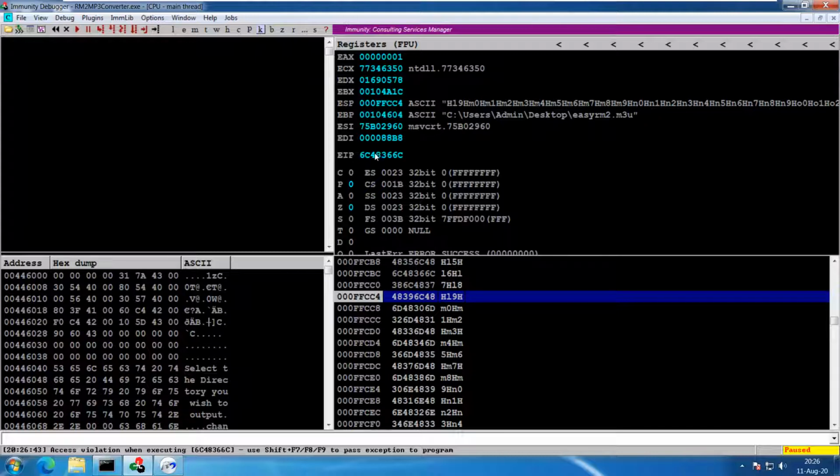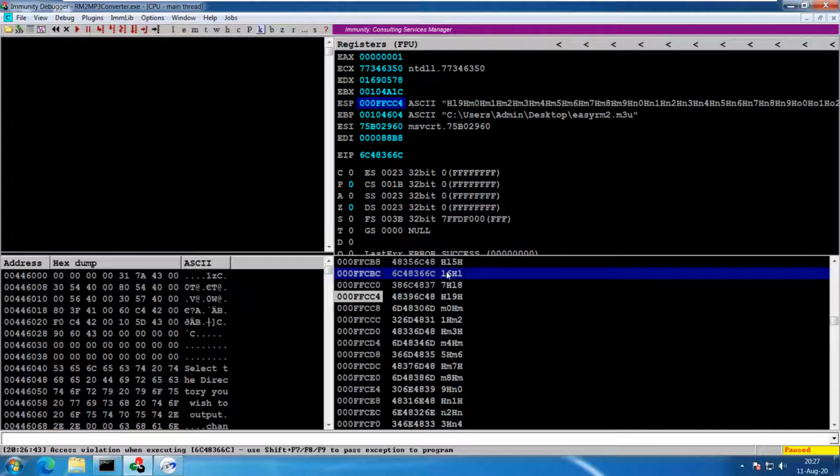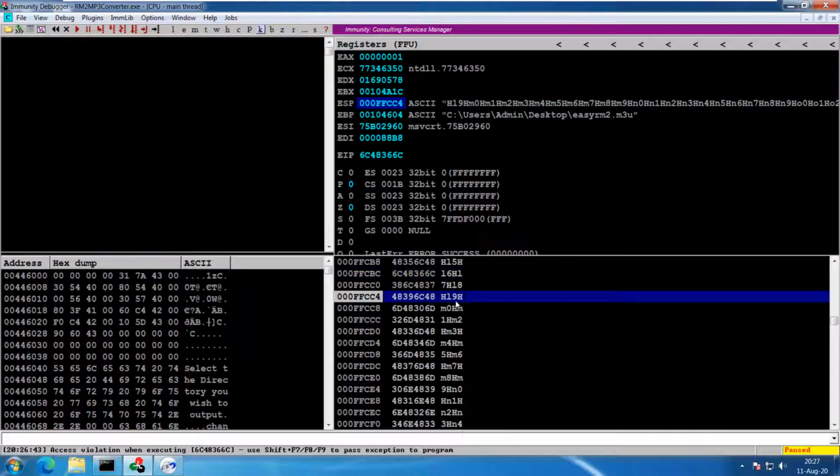Now we see the patterns that we need to compute. If you see here, EIP is being overwritten by 6C483660. This is in hex, and what we need to know is the ASCII value, so that we can know the location, because the script that we will be using to find that location accepts ASCII input. So the corresponding ASCII input is L6HL, small l, capital 6, capital H, and L. Then after 4 bytes, we see that the ESP is getting overwritten with the value HL9H. As you can see here also, HL9H.